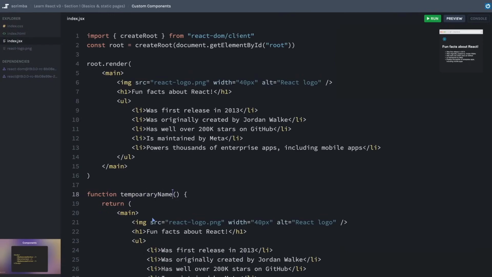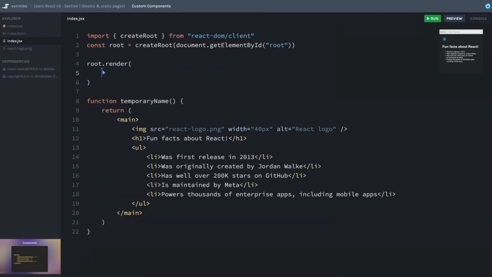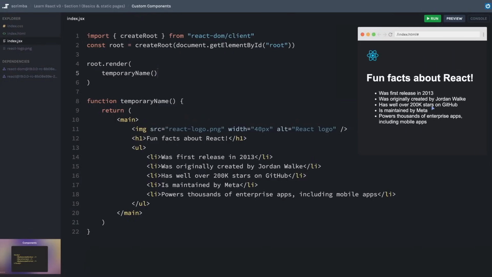Okay, well, what would happen if inside of root.render, instead of having all of my JSX there, I just called temporary name? Let's make this a little bit larger, and let's save it and see what happens. And look at that, it's working just fine. And this makes sense because we're returning those JavaScript objects that get created with JSX code from our temporary name. So it's essentially the same thing as if we just cut this out and pasted it in this temporary name